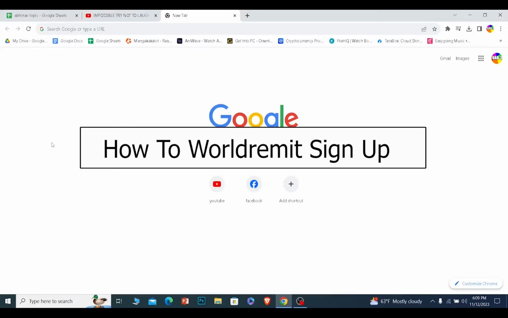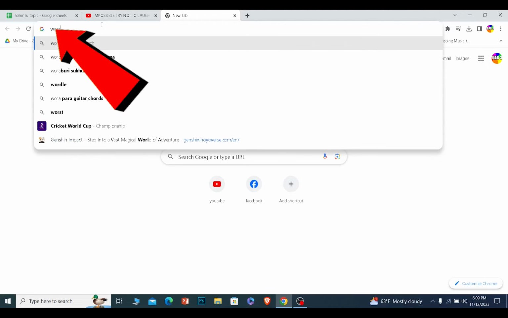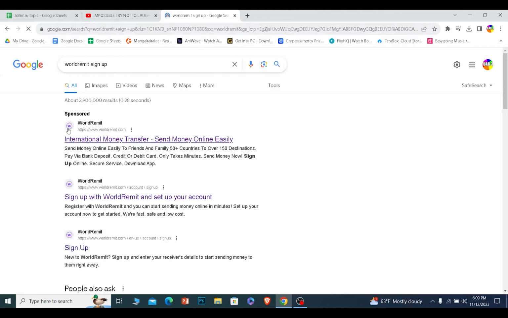Today I'll be teaching you guys how we can create an account on WorldRemit. It's pretty simple. You want to search for WorldRemit sign up. Once you search for WorldRemit sign up, it's going to show you all these options. You can click on sign up over here and it's going to take you to the official website of